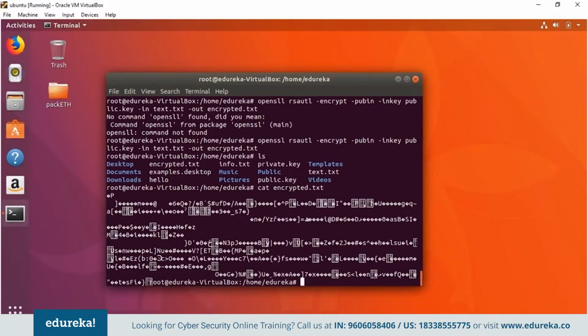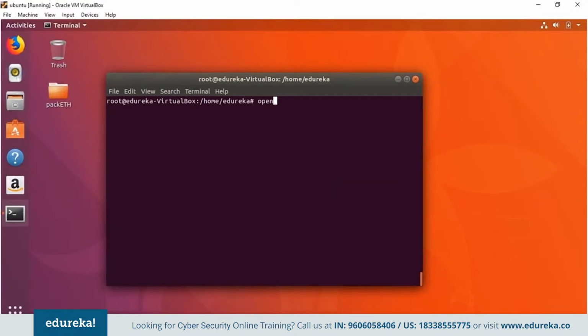So for decrypting the file, all we have to do is again use OpenSSL. Let's clear this out first. So OpenSSL, and we are going to be using the RSA utility again. So rsautl, we're going to decrypt this time. So we go with the decrypt flag, and then we are going to be giving the in key, and that is going to be the private key. And what we want to decrypt is encrypted.txt, and what we want to output it as, let's say,